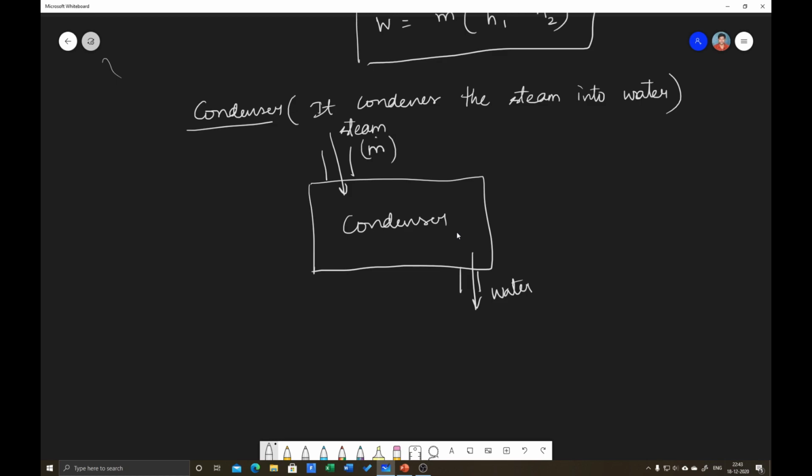Whatever mass flow rate enters the condenser will leave the condenser. Here the enthalpy is H1 at inlet and H2 at exit. Here heat is rejected out of the system, so Q will be minus and there won't be any work output from the system. So if you apply the steady flow energy equation,